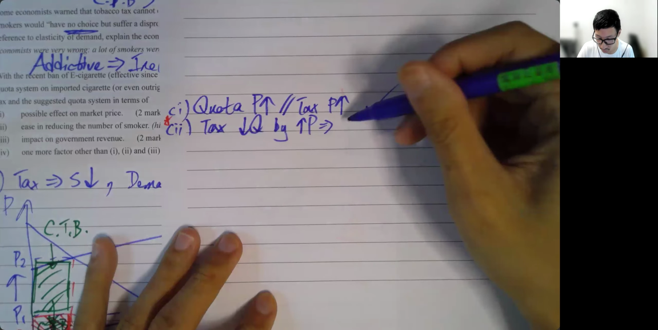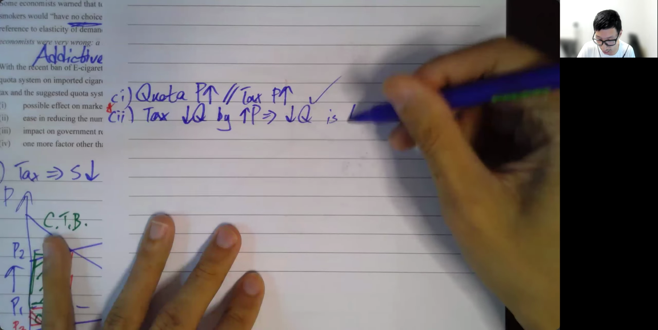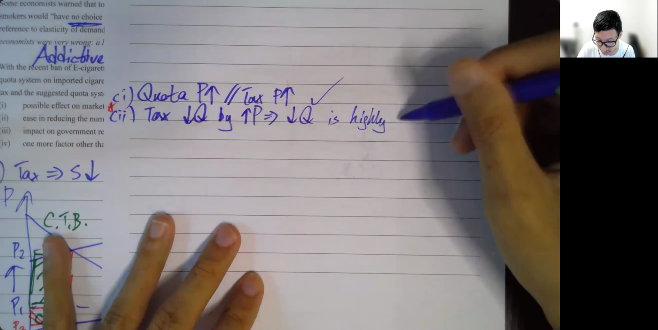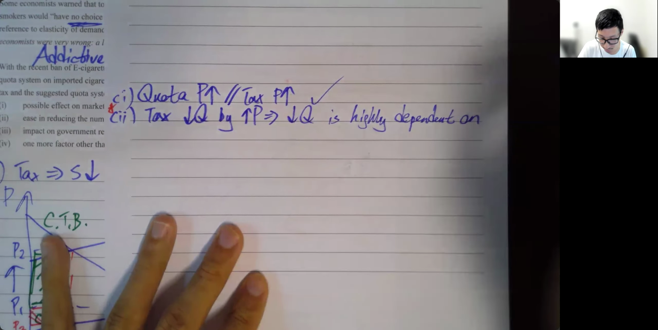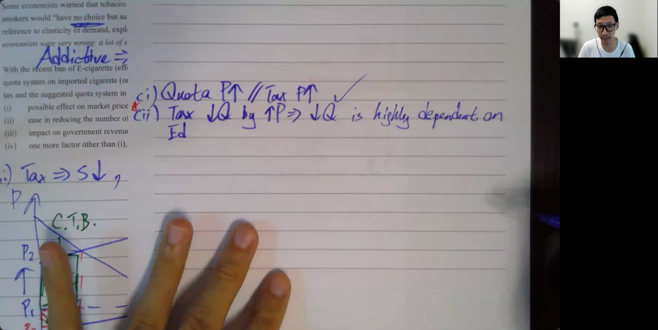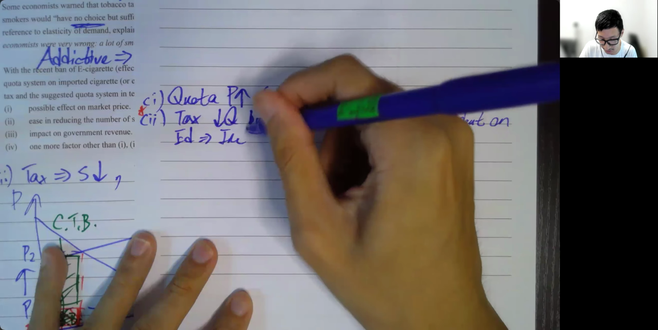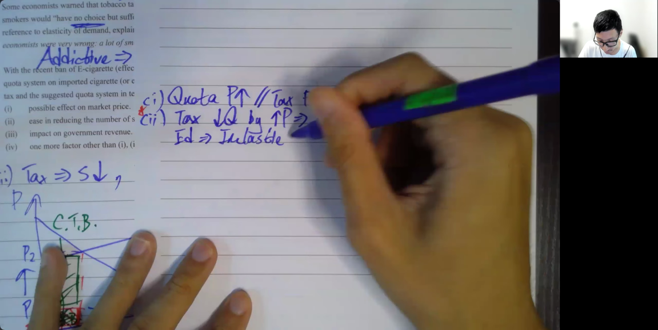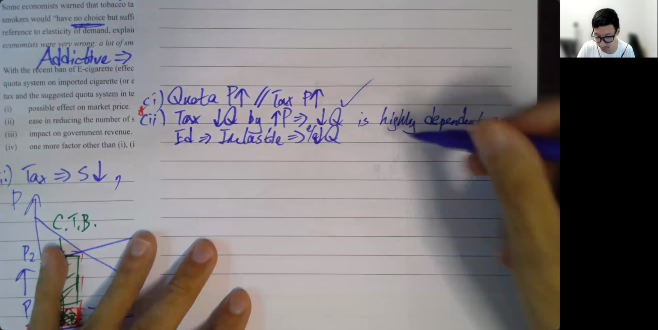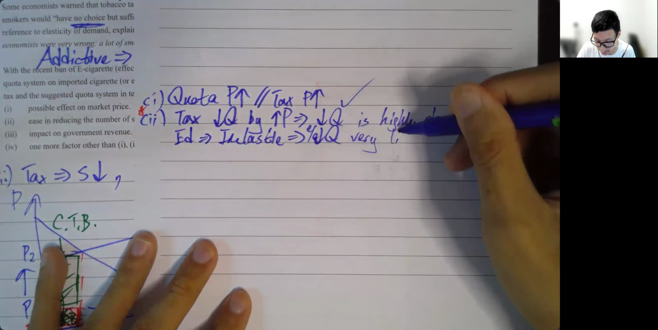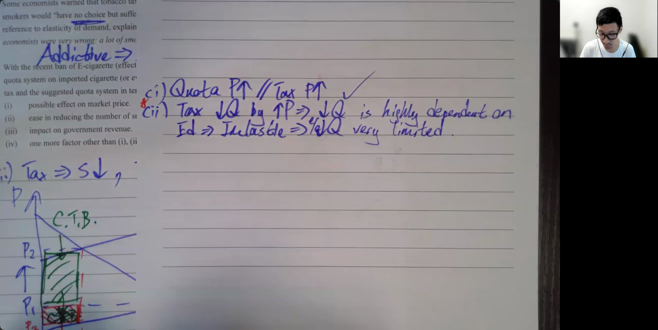Therefore, the drop in quantity is highly dependent on elasticity of demand, which we have already established. If it is inelastic, then the drop in quantity, the percentage drop, would be very limited. 係咪好有限嘅啫？ Versus a quota,